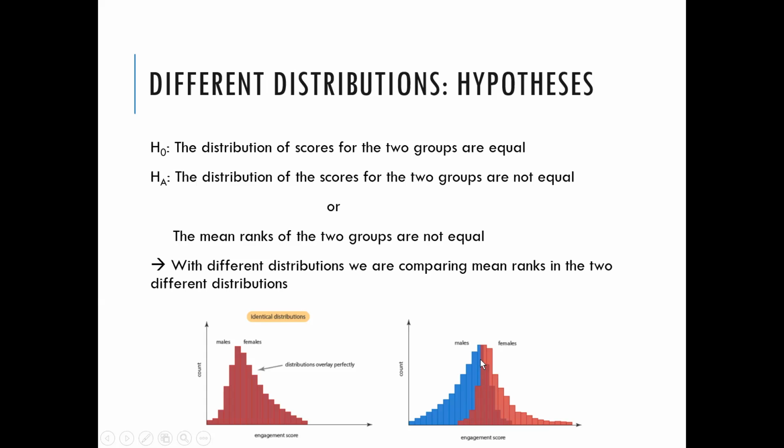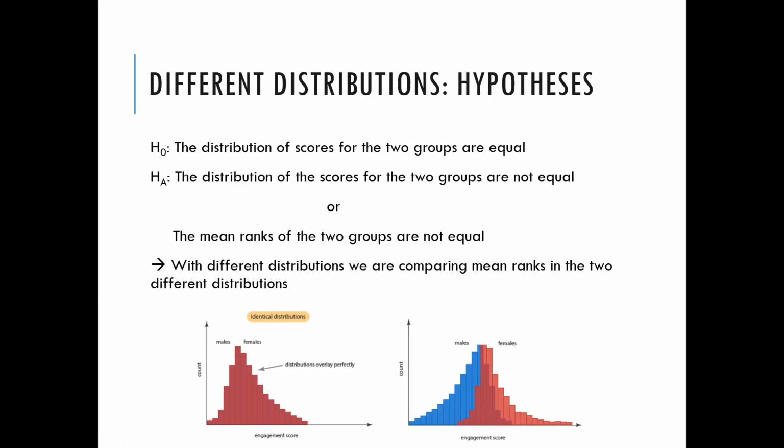And it looks like the females overall also have higher scores. They tend to have a higher engagement score. So this shape difference is what we mean by them having a different distribution. So the null hypothesis for the rank sum test is that the distribution of scores for the two groups are